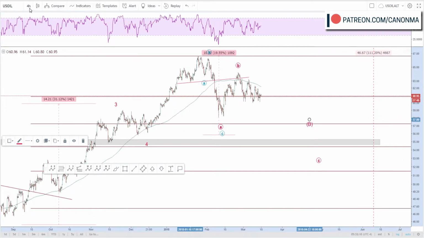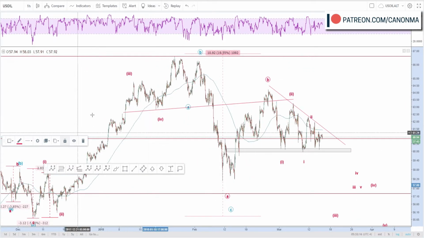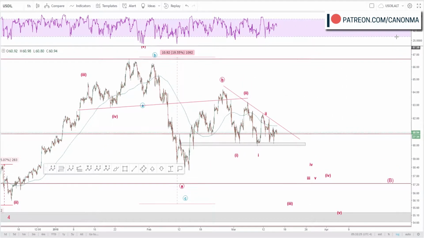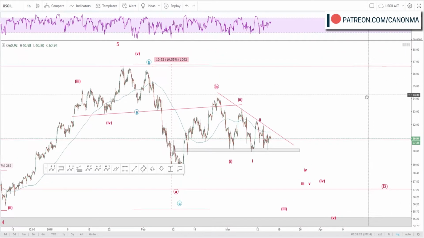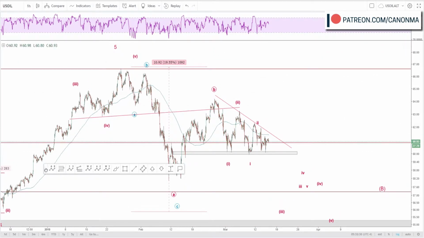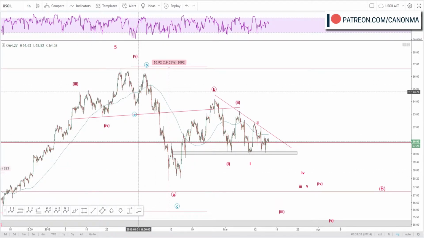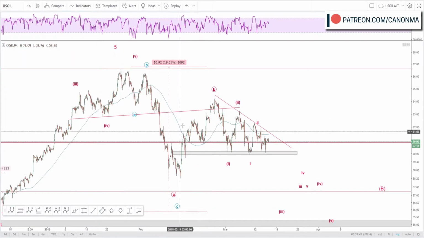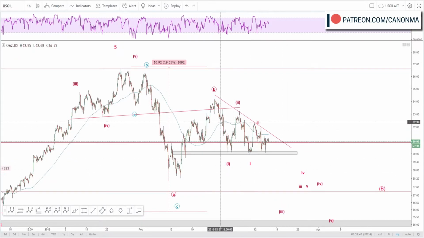We'll actually start off on the hourly chart, because I think we can see everything we want to see. So we did have the top of a five-wave pattern into those highs on January 25th. And since then, we have two ways that we could have counted this. We could have counted this either as just an ABC with a very extended C wave, as you can see here in blue, or this is just an A wave in and of itself. So now minute wave A, with the retrace, the backtest of the neckline being the minute wave B, and then we're in some sort of beginning stages of a sell-off here